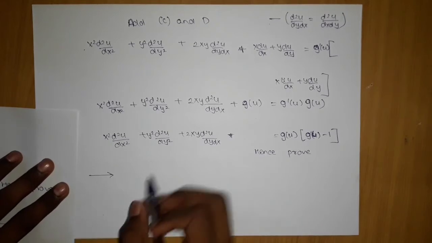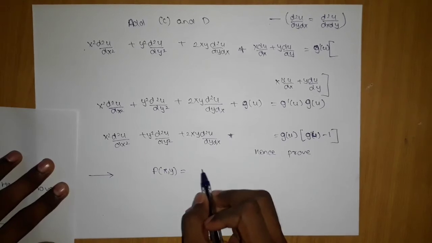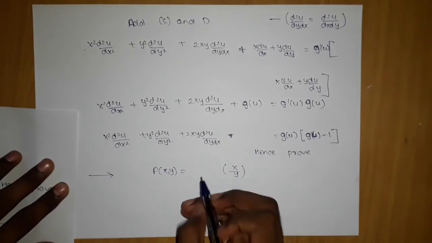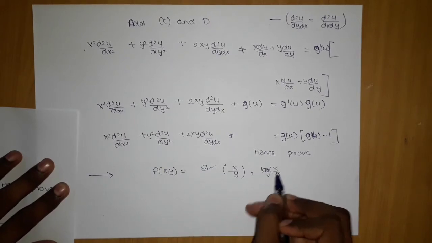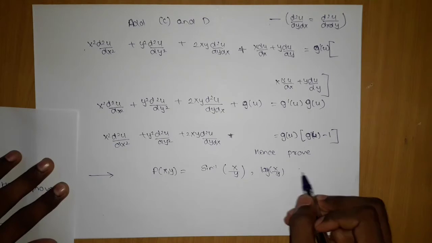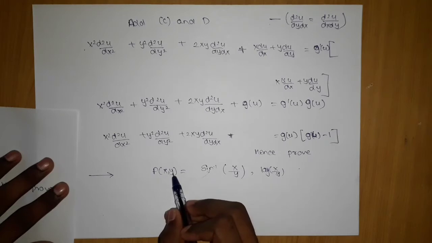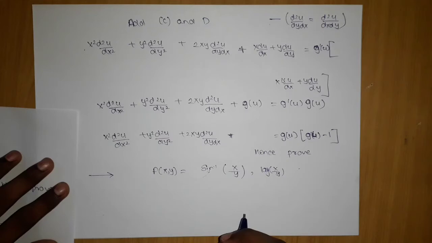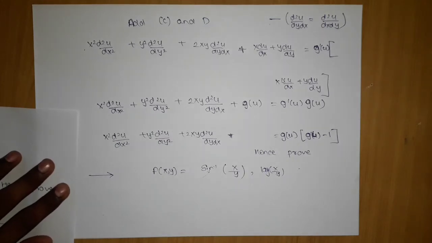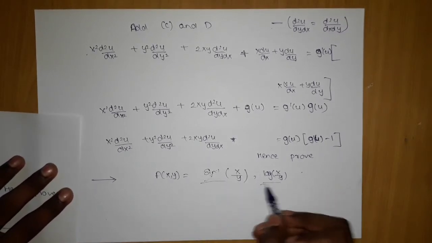This type of question will have some function f of x comma y equal to some x by y thing into some sine inverse thing, log xy stuff. So you get an idea that you can shift this term here and then solve in this type. This is the basic trick to identify this type of question. Although you can identify it from the proof also, which we mostly do, but how to identify it from the questions, that is what I am going to tell you.